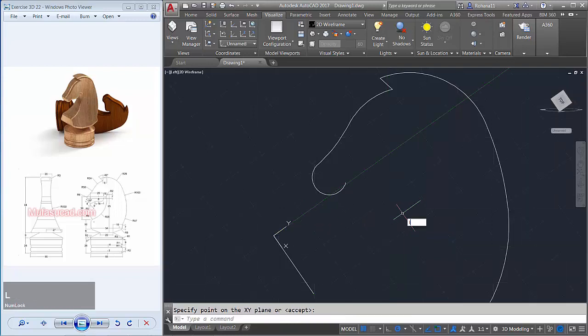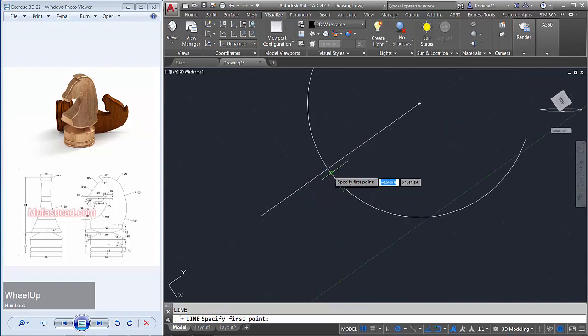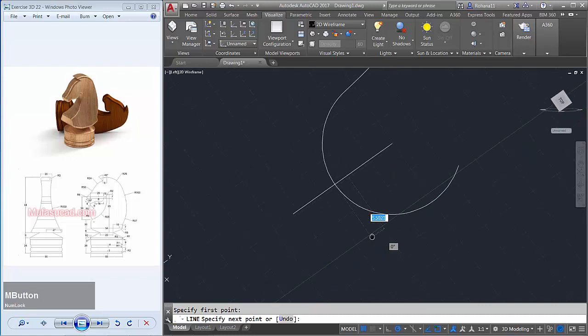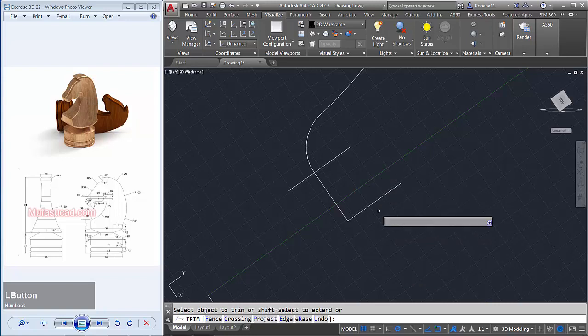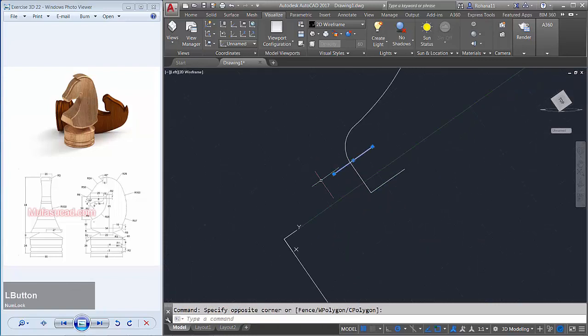Okay, we create a line from the center point into y-axis here, and we create a line again from this point to x-axis here about x, and then into y-axis here about 9. Okay, use trim command to cut this circle, and then I will select this two line object, delete.